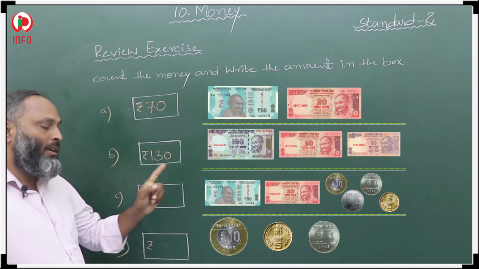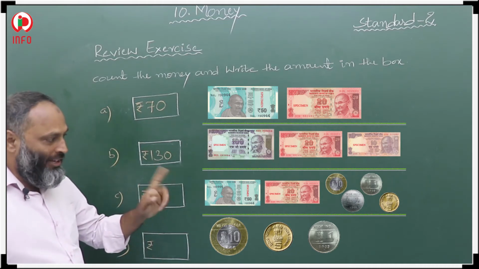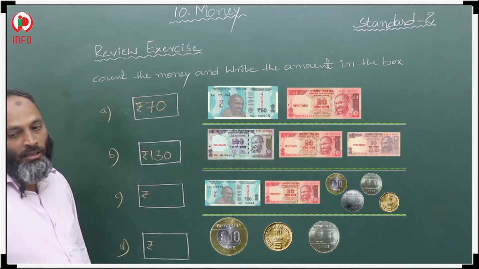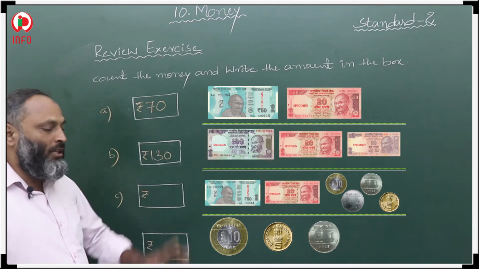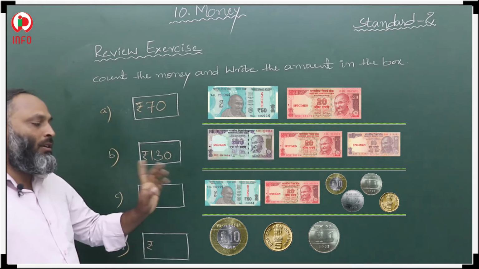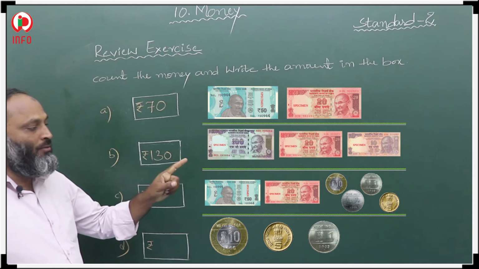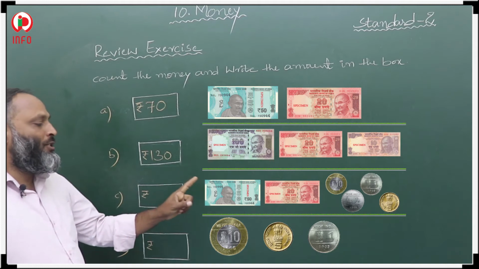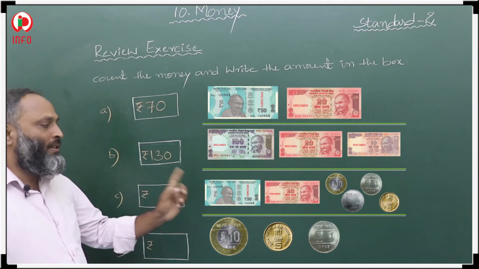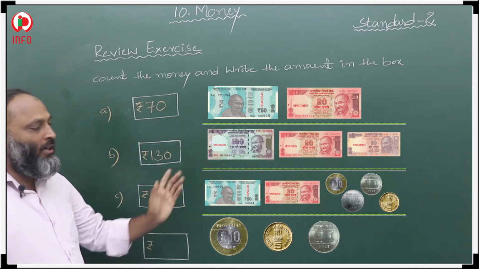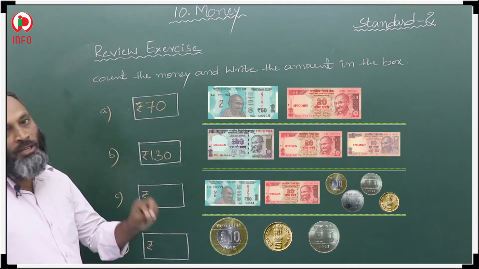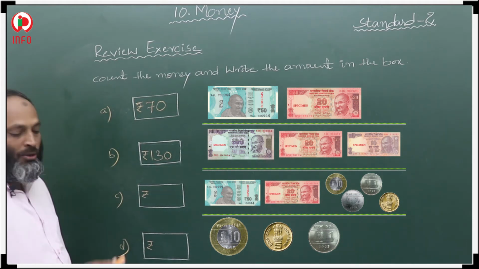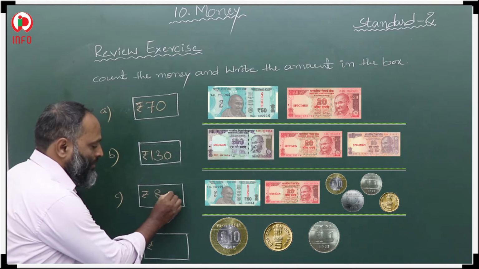Then after that, one 10 rupee coin is given. 70 plus 10, 80. And after that a 5 rupee coin, a 2 rupee coin, and a 1 rupee coin are also there. 5 plus 2, 7, 7 plus 1, 8, so 8 rupees. Means 50 plus 20, 70, 70 plus the 10 rupee coin, 80, and then more 8 rupees, 5, 2 and 1. Then the total amount is 88 rupees.